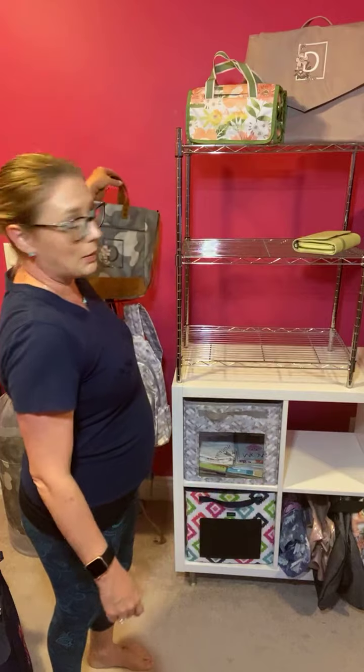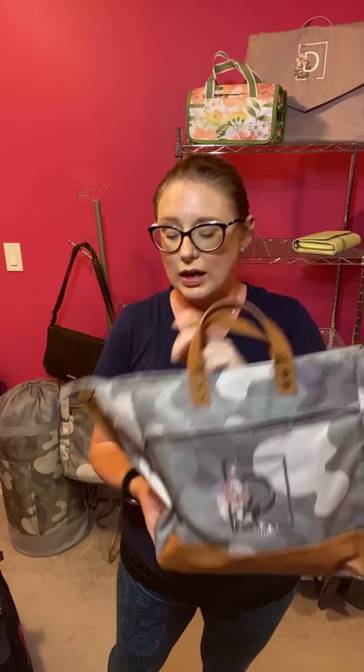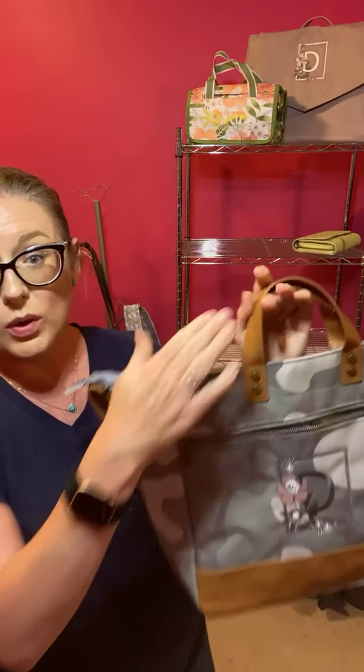So I'm going to show you our Step Up Tote. This, as I mentioned before, is the soft camo. Comes with the caramel,